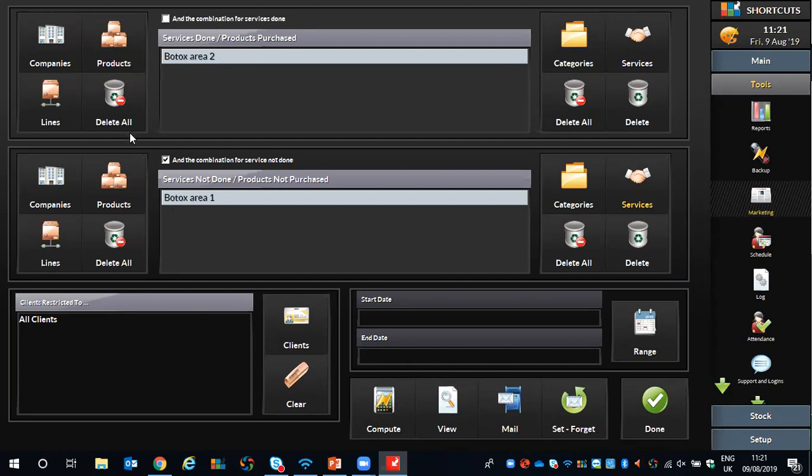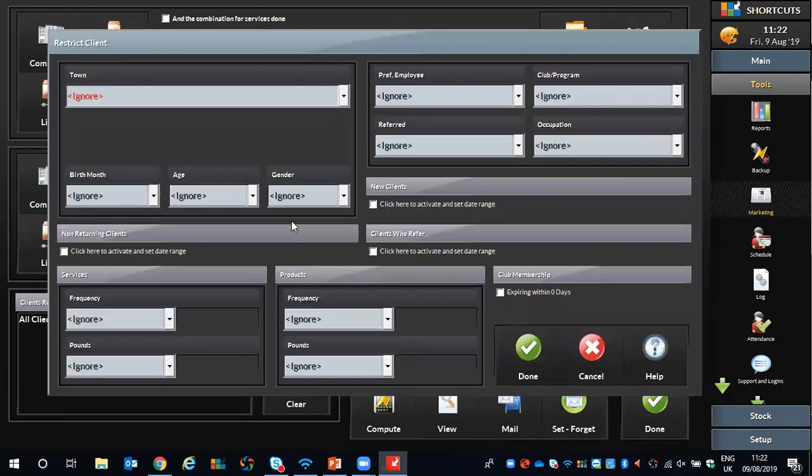Okay, so that's products and that's services, but we decided we're going to send a campaign out to all of our female clients. So how do we look at our clients? Well, underneath here you will see it says all clients, and on the right hand side there is a button where it says clients. So if we click onto that, you can see we can specify and drill down for